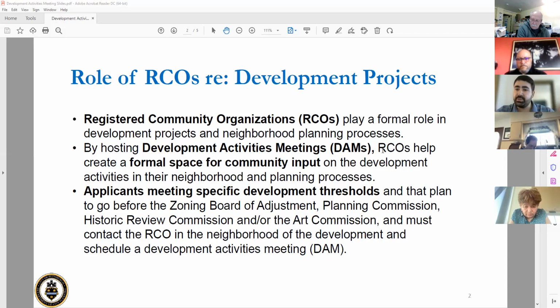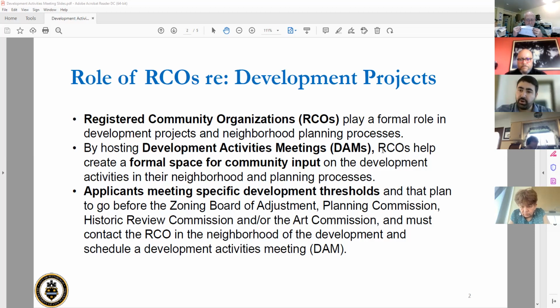Registered community organizations, which MWCDC serves as, provide a role as a liaison between the neighborhoods that they serve and developers, whether a public agency or a private developer, when they come through to do development above a certain scale or threshold in the neighborhood. In this case, there's a private development being proposed.